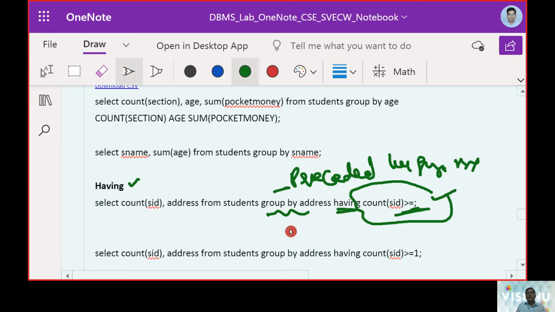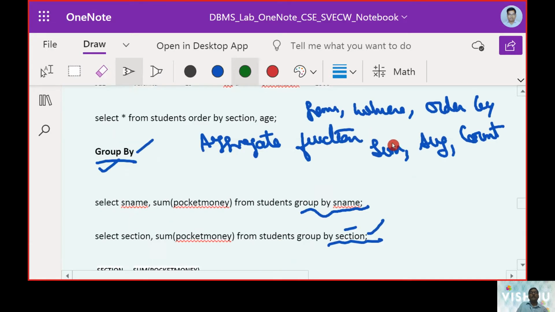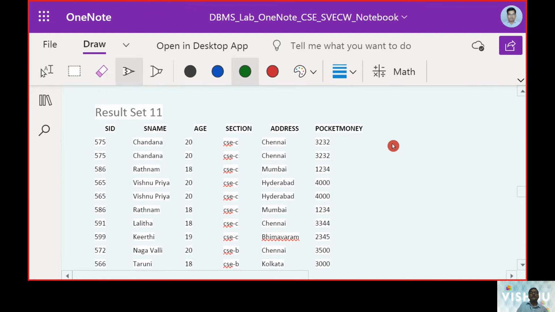The condition we are going to say is group by address. It is working with group by address. So when it is with group by address, then it is going to have group by addresses. Let's understand the number of addresses here.